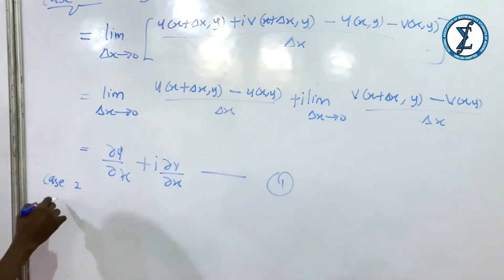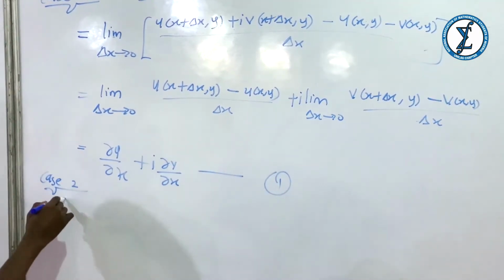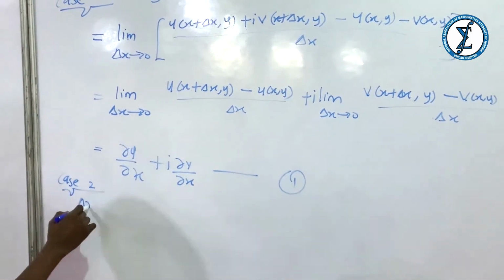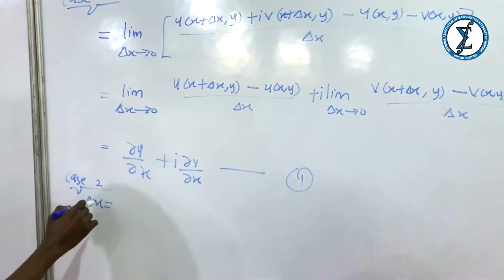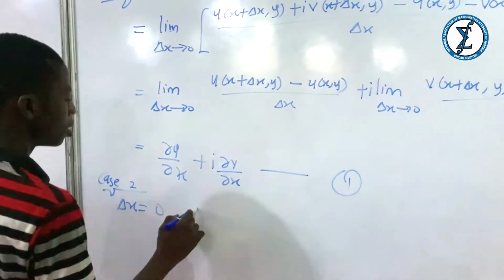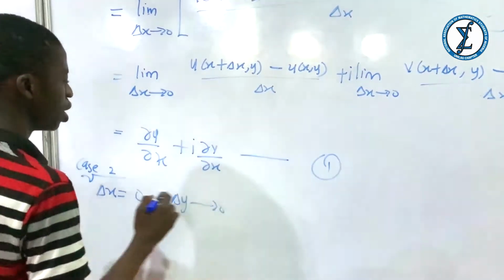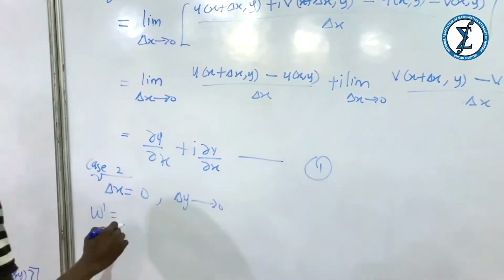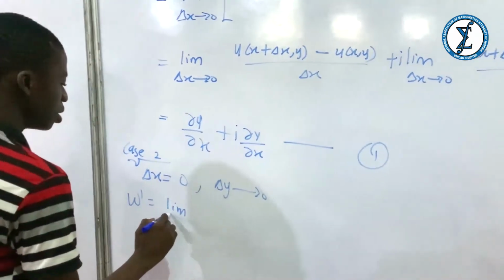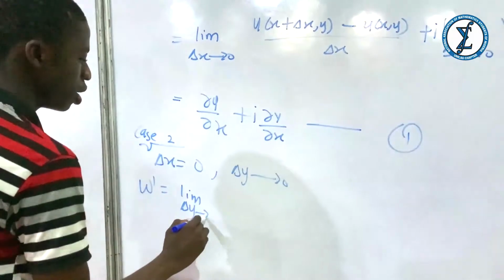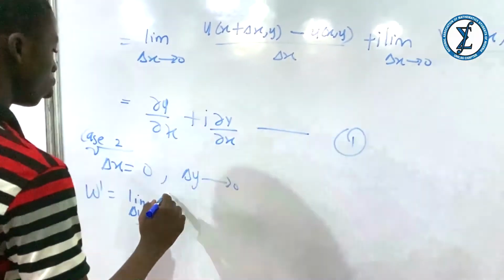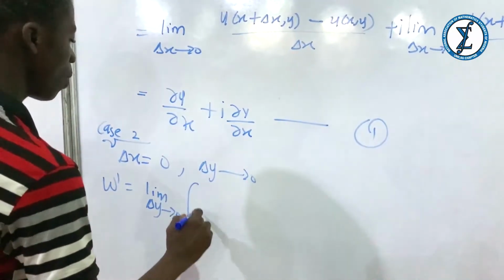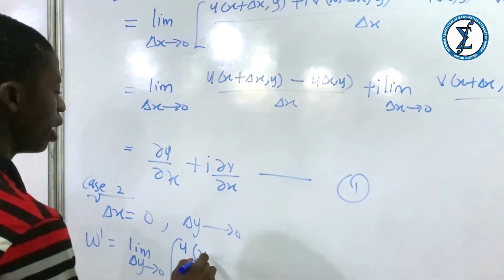Now case 2: since it is independent of path, why not assume that delta x equals 0 and make delta y tend to 0. Then the derivative becomes the limit as delta y tends to 0 of U of x, comma